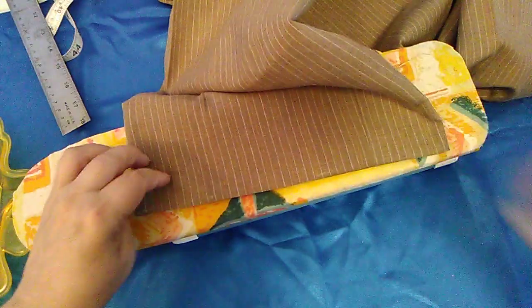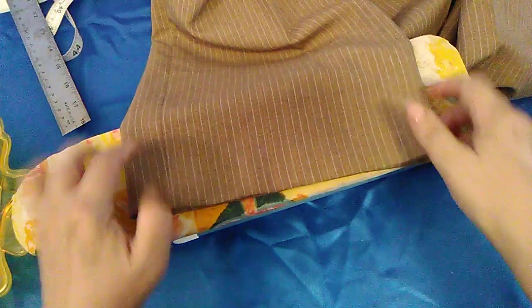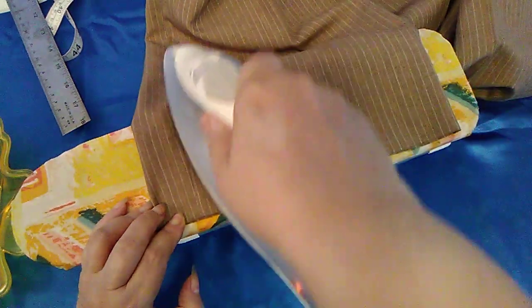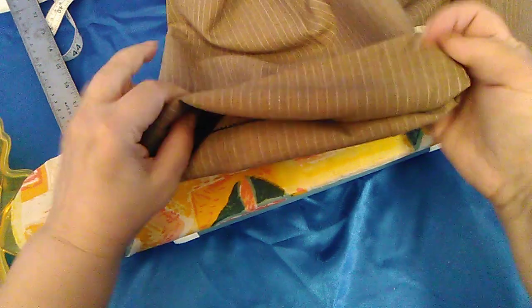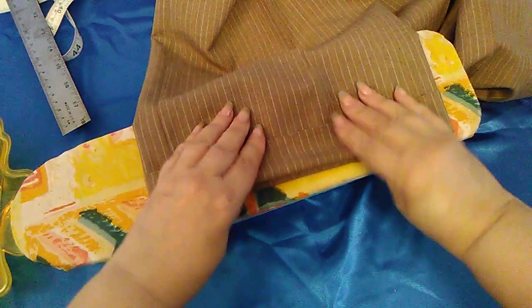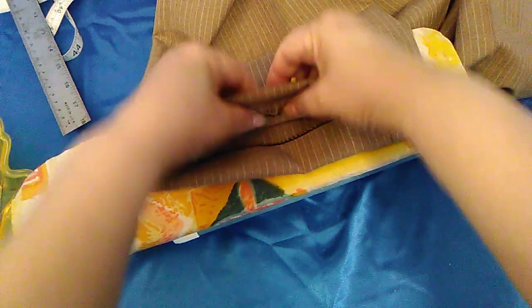Go on the other side, and I'm going to show it to you again, how I'm not touching the corners, because I don't want to have marks of the iron that are impossible or hard to undo. See, now this is what I did with the iron, and this is what I'm gonna do. So we're working on this half. Be sure that you have half. So the half of the fabric, if you can see it, exact half,